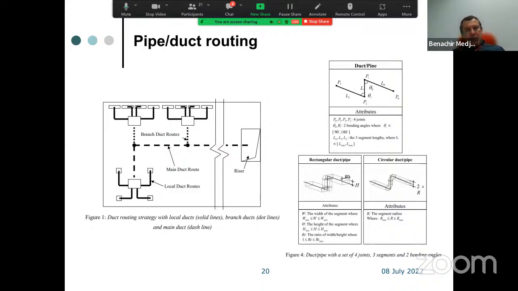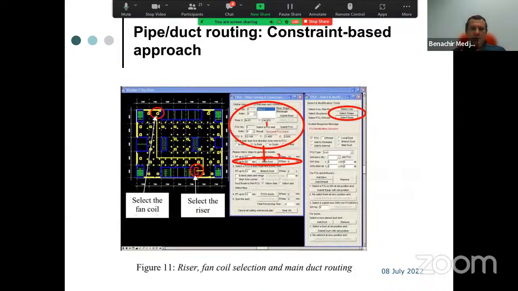The number of bands is a constant base variable. Then it's a variable which has a domain of possibilities. That allows us to use the constraint-based approach to optimize the problem. Then with the algorithm we have used to generate a solution, for example, if we look at this here, that's